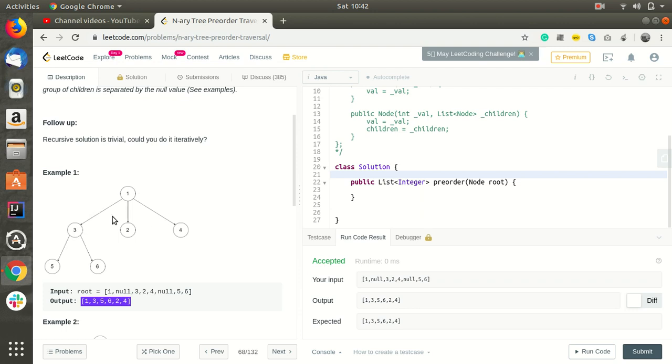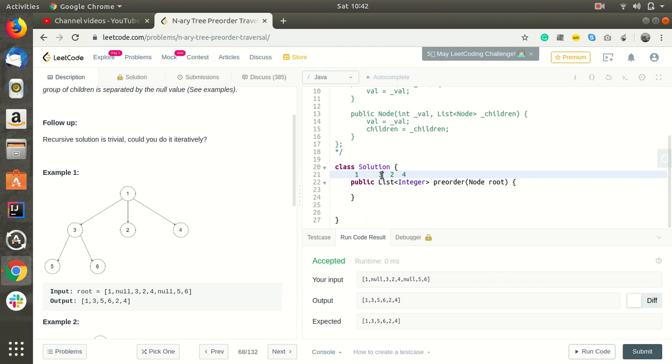iteratively there, like for all the values we will add iteratively. As you can see over here, for 1 all the children will be called again, then iteratively 3 will call its children 5 and 6, then it will process 5, 6, then afterwards 2, and then 4. So if you see, first will be 1, then it has children 3, 2, 4, which will be called in a for loop.